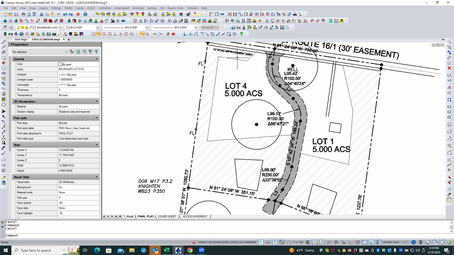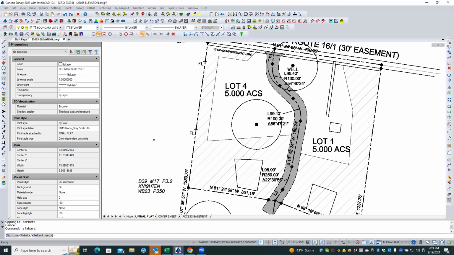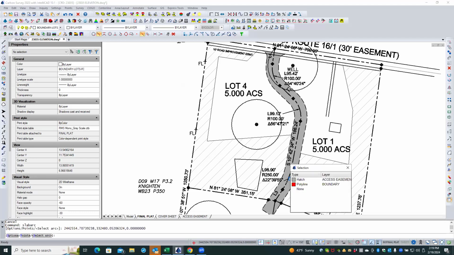What would happen if you just went to annotate? Yeah, you could. I know what you're getting ready to ask. If you annotate an arc, let's see, label, Annotate arc. Let's back up, yeah, one right there, and just a stack label arc pick side. Yeah, that's exactly how you would do that. Okay, and it should take the same settings. So if I do that and then choose that,